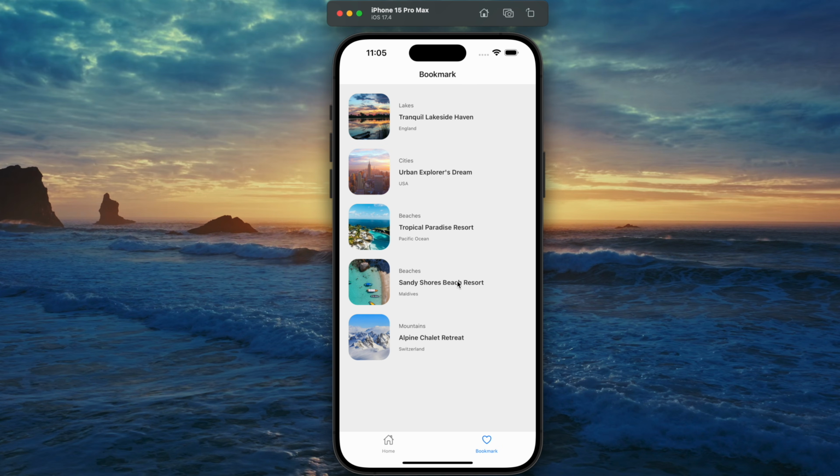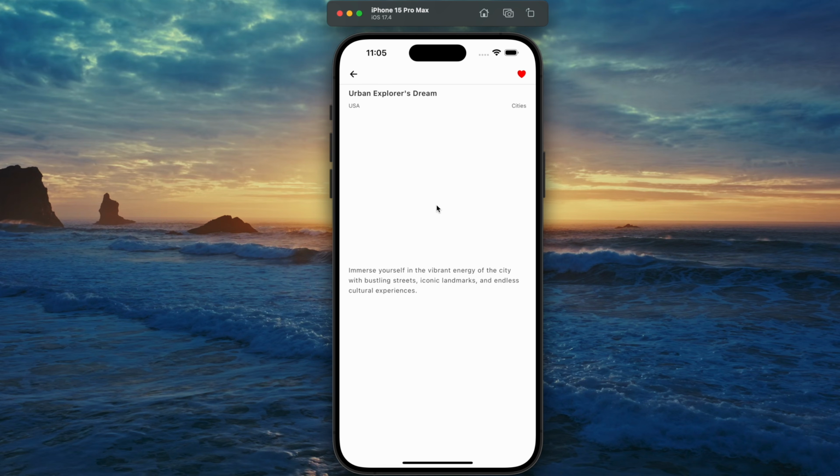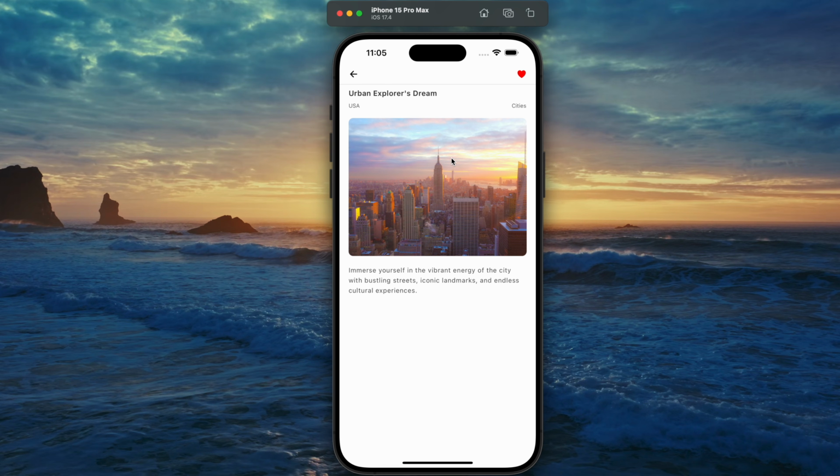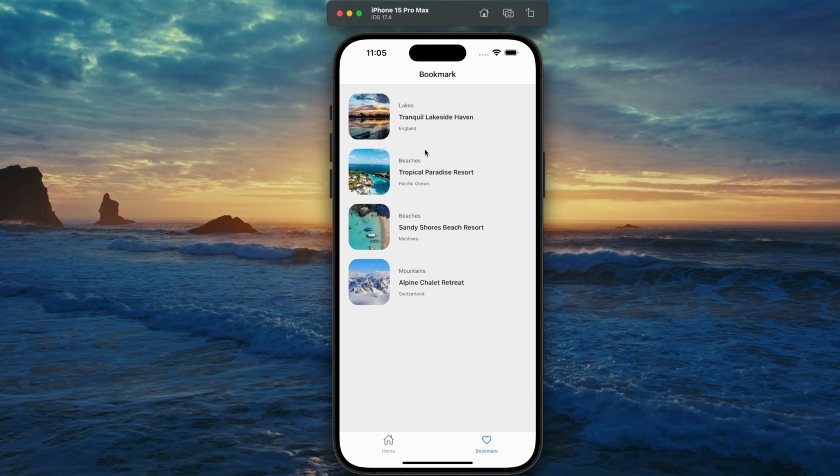And we can go to this section. Here we can see that this is the item I have added right now, right? And let me go to any other item which have been bookmarked previously. Let me remove it from here, and now if I come back to bookmark screen, then it is automatically updated. So this is the feature which I am going to build today in this tutorial.